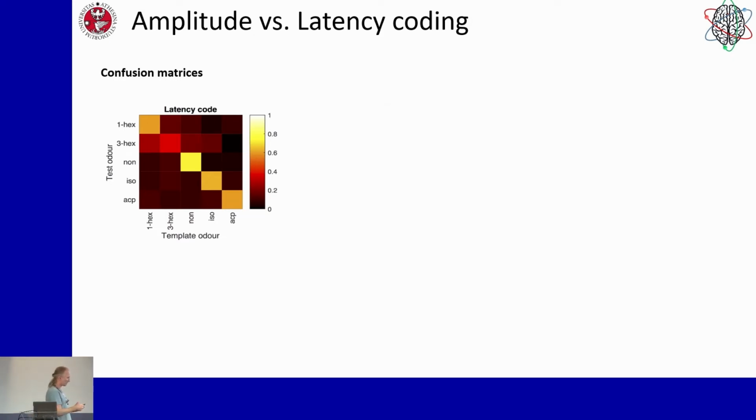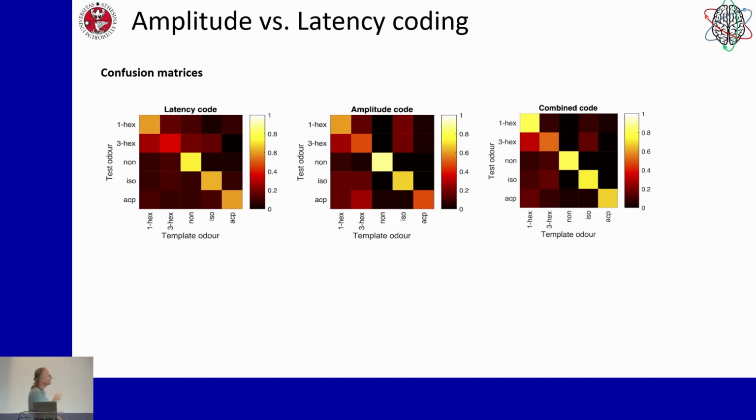is this now representing odors more specifically? And indeed it does. So we have in the combined code an even stronger odor specificity, but still, as for the amplitude, we get the confusion in the 1 and 3 hexanol. But generally we can say from this that there must be information in the latency that is not in the amplitude